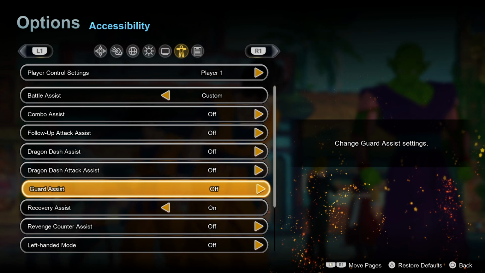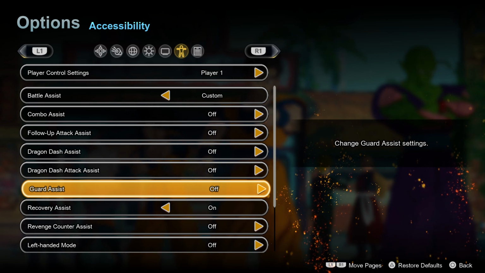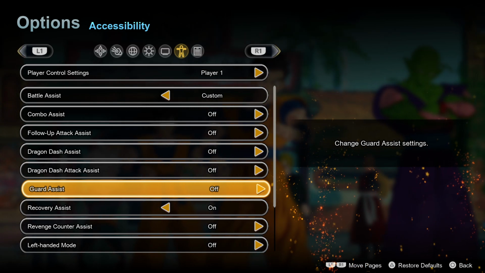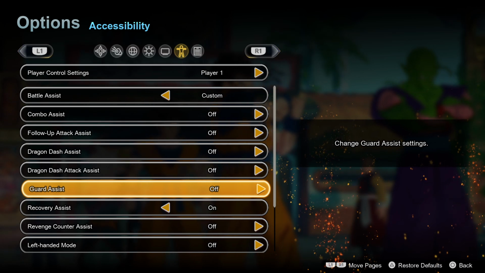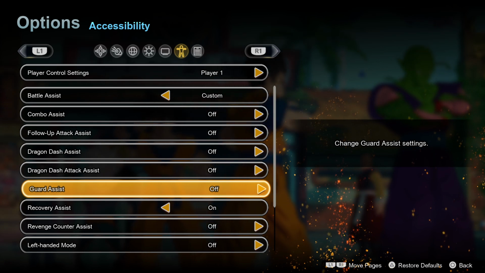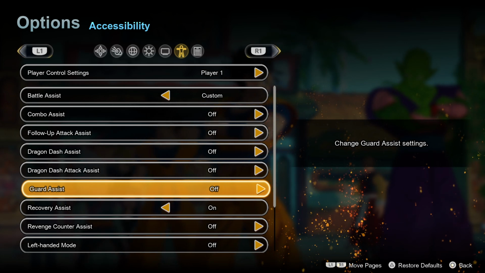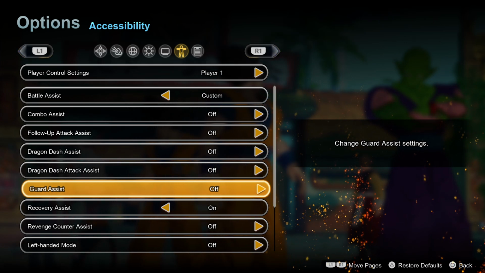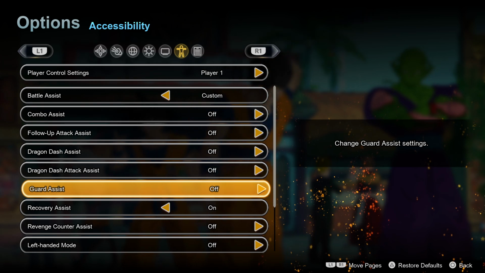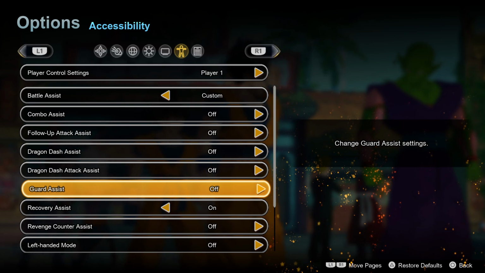Guard assist might be the worst thing in the game. This should be off for everybody. Normally it's on, turn it off. I don't know why. I've had multiple instances where this actually messes up my flash counter. This has in the past made an input that I didn't want come out. Like, I just don't get to throw out my super that I wanted, and instead I am blocking for whatever